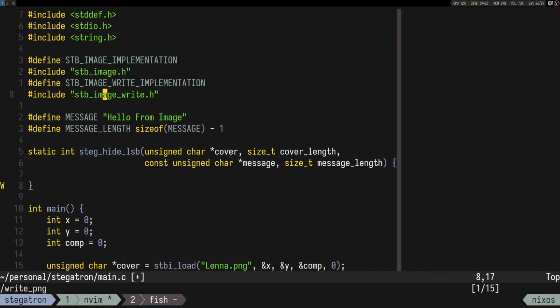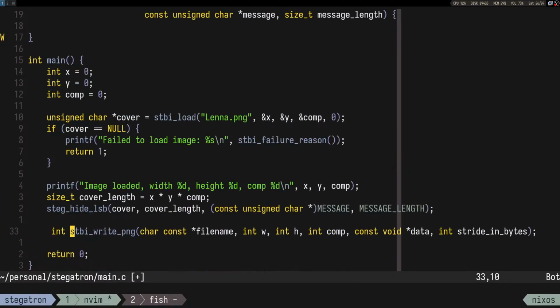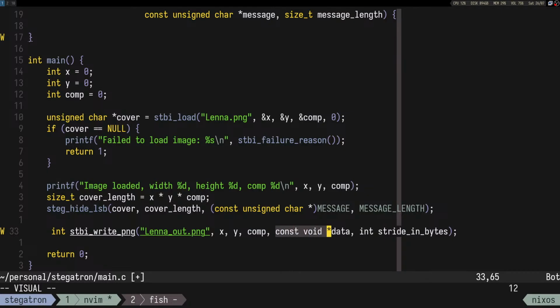Yeah, so we can just call this function. This one returns an integer. It gets the file name, so let's do lena out.png, and obviously we have already width, we have height, we have the number of components. Data is going to be still cover data, and the stride in bytes,